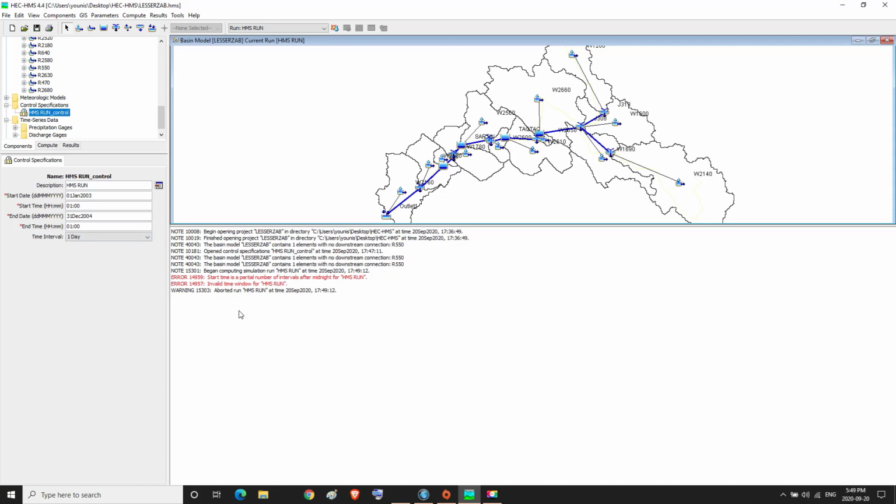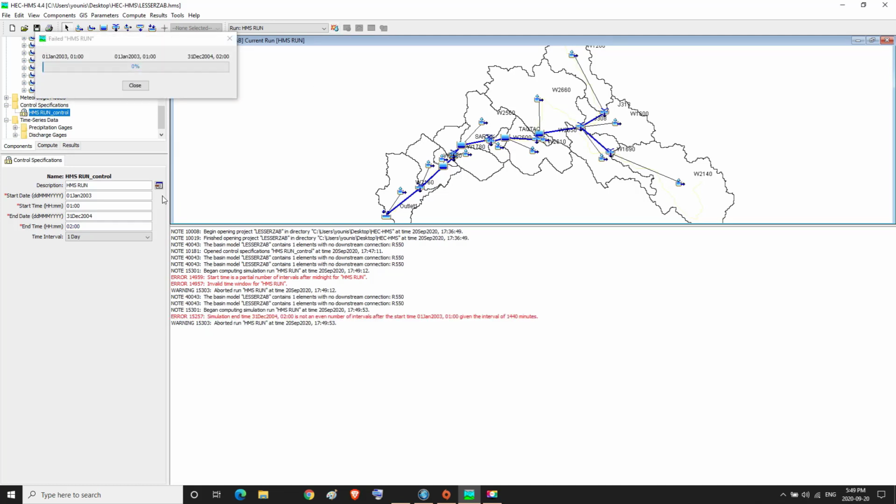So we change the end time to 2 o'clock. Then we press on the compute all elements.